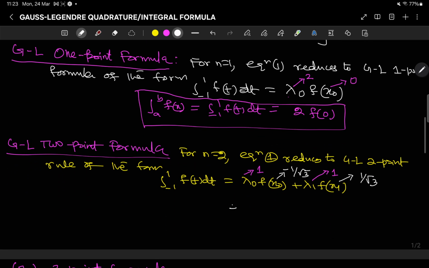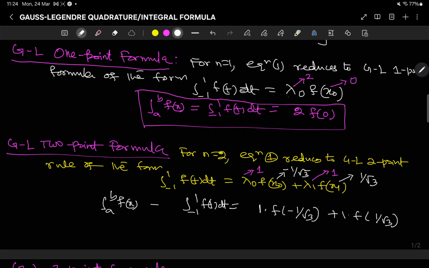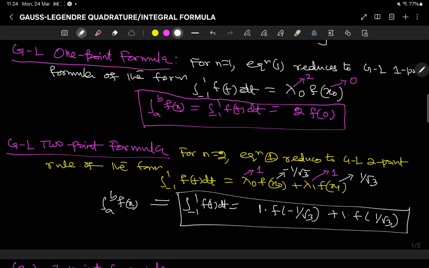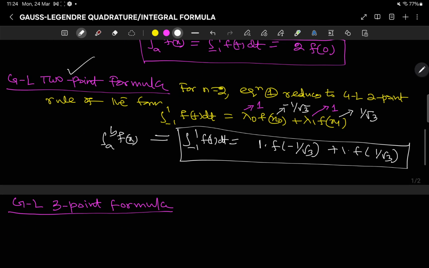So this formula becomes 1 into f of minus 1 by root 3 plus 1 into f of plus 1 by root 3. So this is the formula for minus 1 to 1 f(t) dt. If at all we have a to b f(x) dx, we can convert it. Okay, so this is the formula for Gauss Legendre 2 point rule. Likewise, for n is equal to 3, equation 1 reduces to